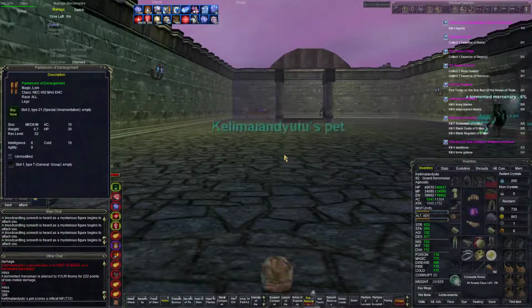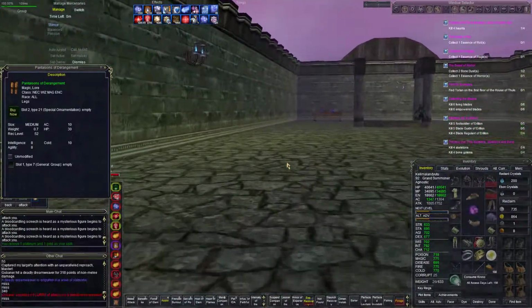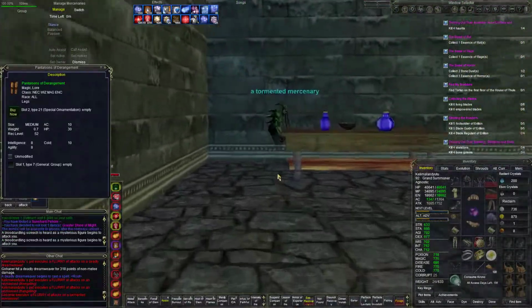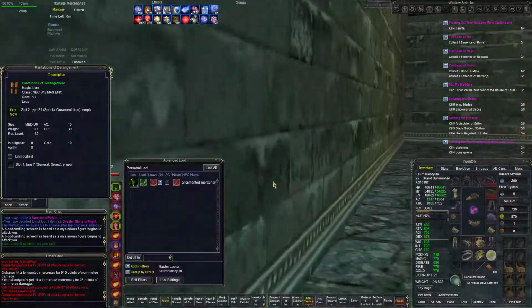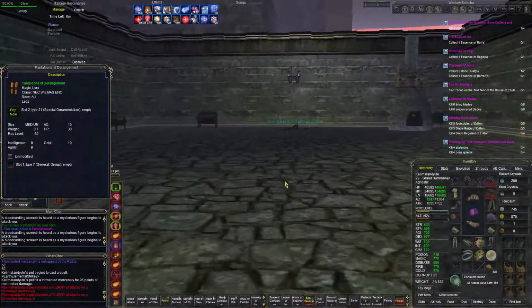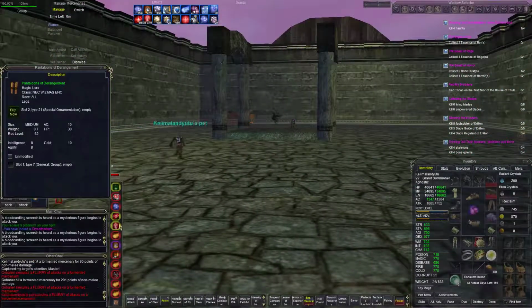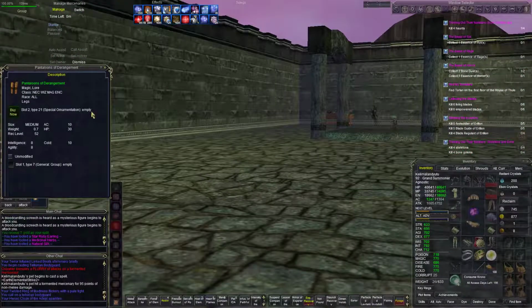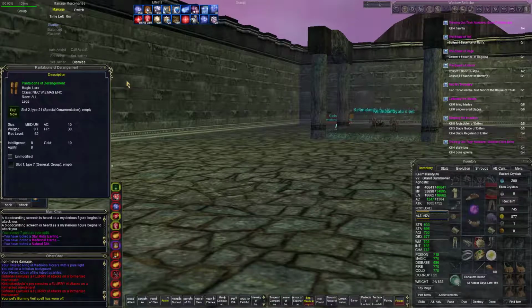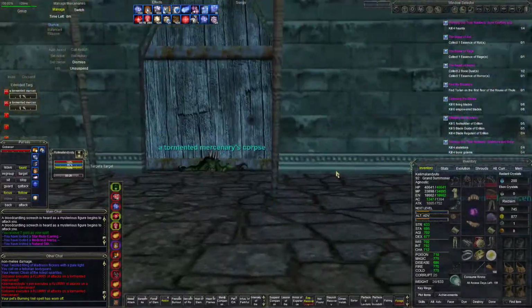Remember with Luclin, or slightly after Luclin, was when the Bazaar trader system came out, so you could start selling stuff on your own merchant. And these went for several thousand. They're for 6 months to a year tops. But anyway,